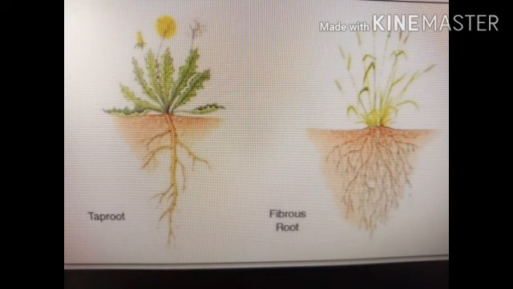After a week, what will you observe? Are both plants healthy? Both the plants are watered regularly, but one is without root, isn't it? Does this activity help us understand an important function of root?